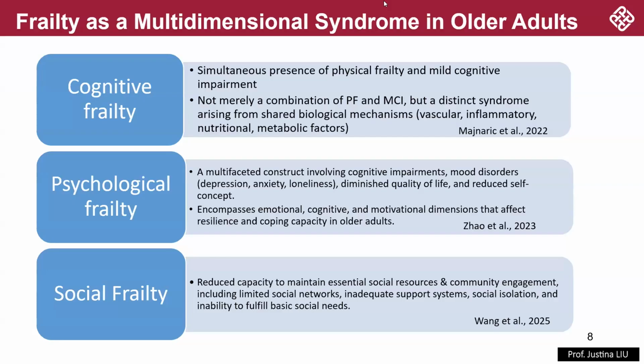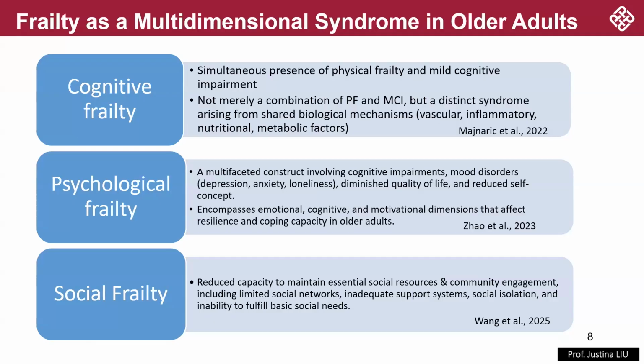metabolic factors. Psychological frailty refers to a multifactorial construct involving cognitive impairment and mood disorders, such as depression, anxiety, and loneliness, and it will eventually affect the resilience and coping abilities of older adults. And social frailty refers to the reduced capability to maintain essential social resources and community engagement. It may manifest as limited social networks, inadequate social support, social isolation, and inability to fulfill basic